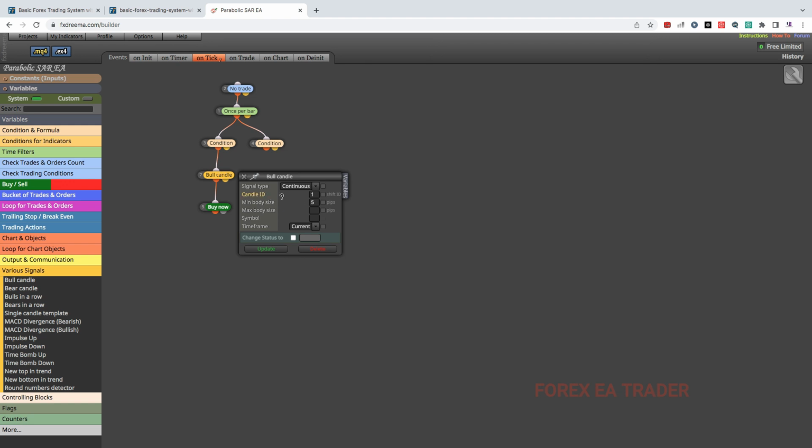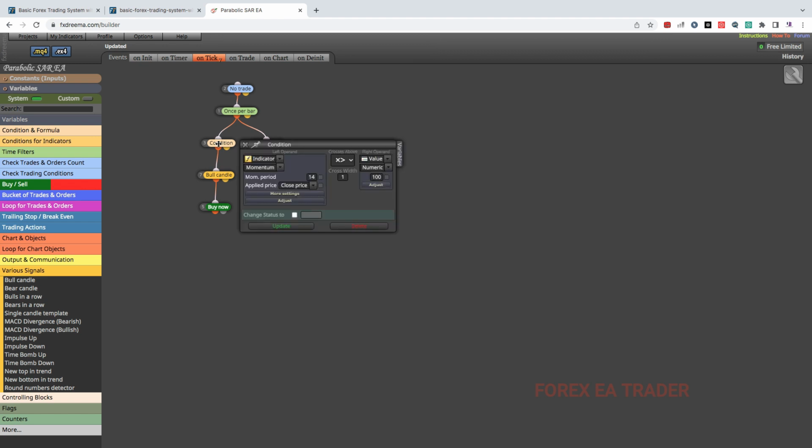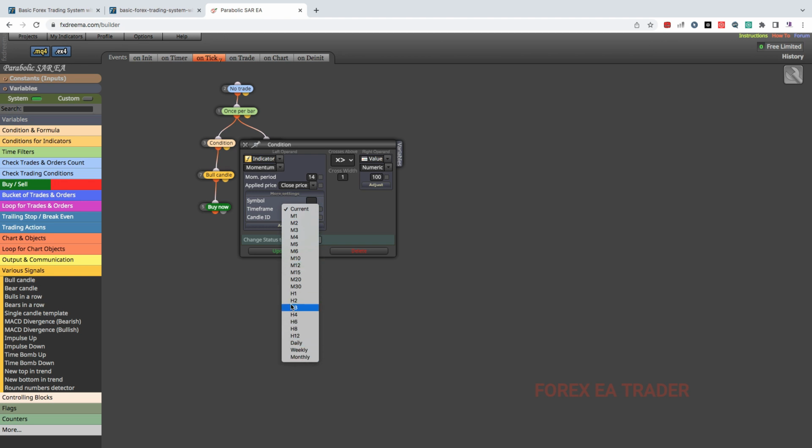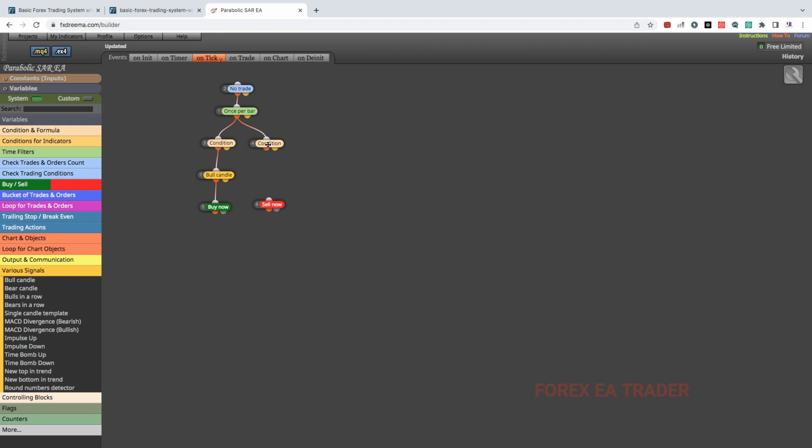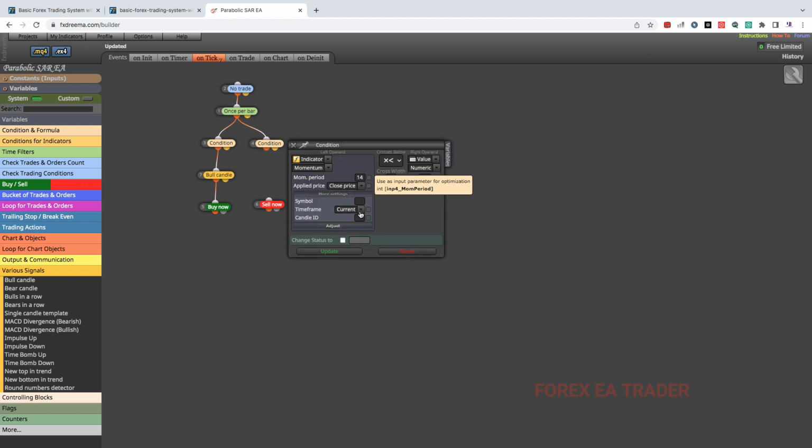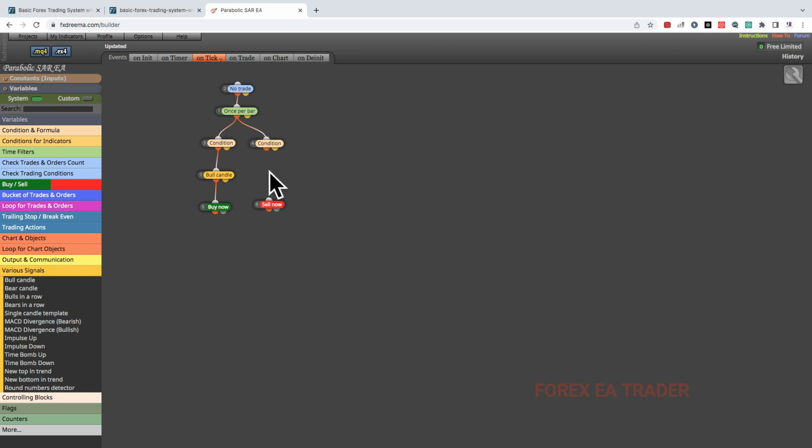Double click and go in there. Candle ID, we are going to use the candle 1. Time frame, decide on what time frame you want to use, but the recommended one was H4 or H1. Here did we set time frame? Let's just see more settings. You can change it to H4 as well and update, and here double click and more settings. You set it to H1 again, and here we're going to use a bearish candle,